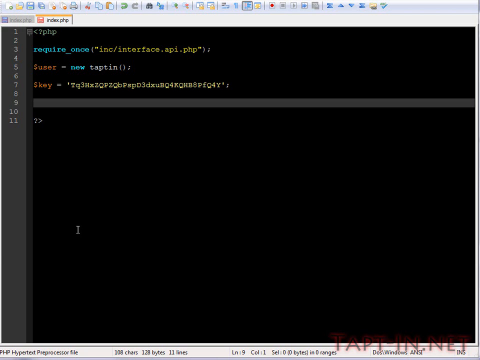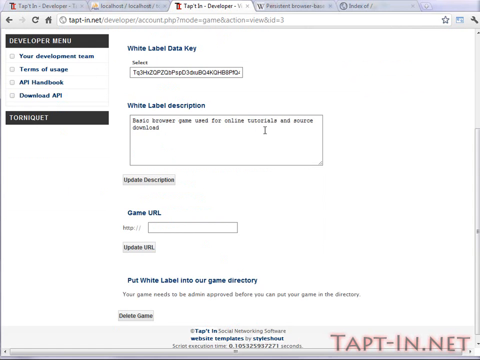Right, okay, continuing on from the last video. Okay, so now we've got in place our key, and we've set up a new instance of the Tapt-In class, the API class. We're now going to look into using a porting reference to log into our game. Now, what the porting reference is, if we go back over to here,